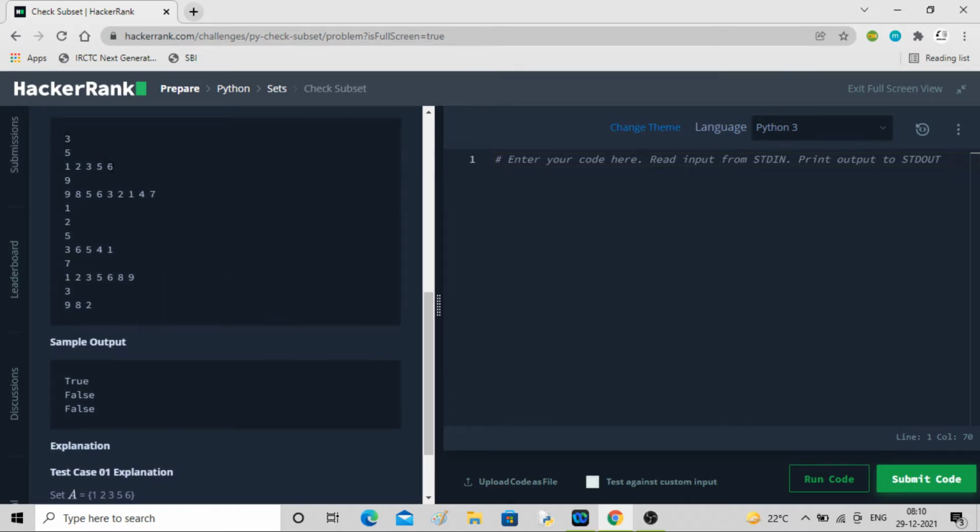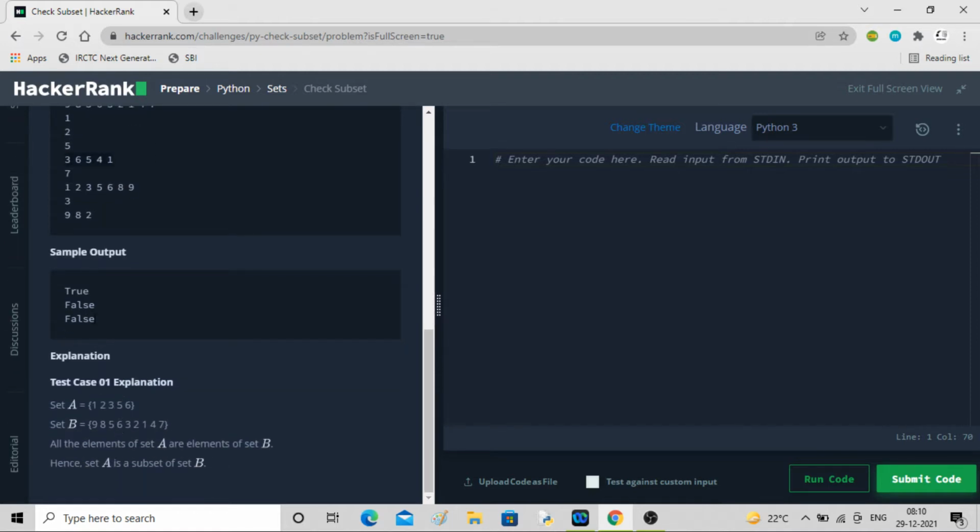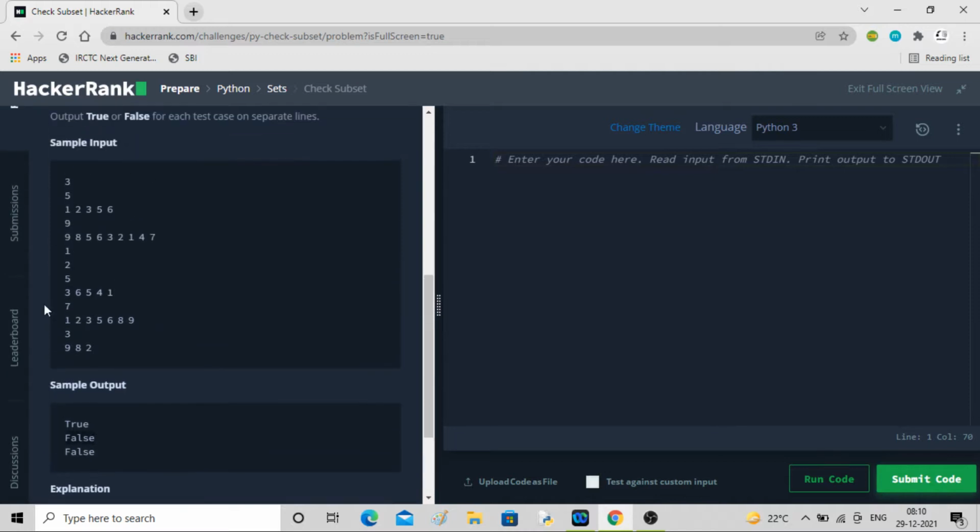You can see all these elements 1 2 3 5 6 are available in set B. Similarly here, only one element in set A, so 2 is there, and 5 elements in set B, 3 6 5 4 1. You can see 2 is not available in this set, that is why it is giving false.